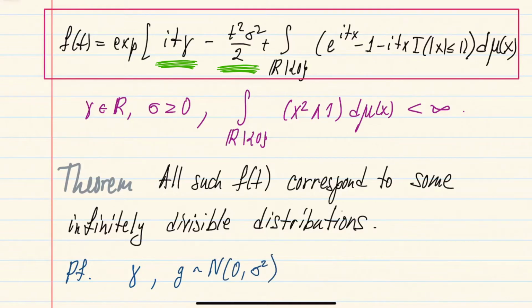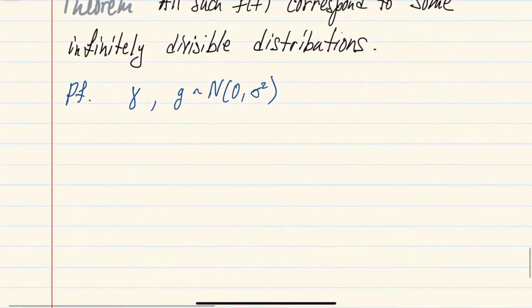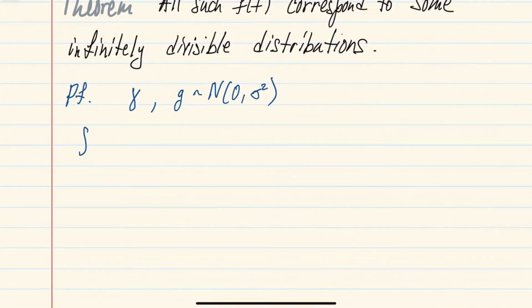And then in the last integral, we are going to break it into the interval between -1 and 1 and the complement. And on the complement of that interval, that part of the integral above is just the integral